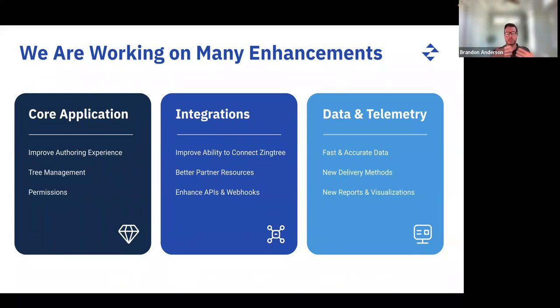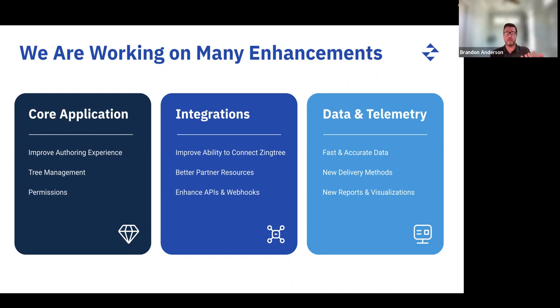So you're going to see us working towards an integration center where we bring together all of the various resources that we have around what integrations are available, what webhooks are out there, and how I can easily integrate those into my system. We want to reduce the amount of time, energy, and knowledge that it takes to get something going, start testing and playing with it, and then get it out to your end consumers. We're also going to be enhancing a bunch of our APIs and webhooks, including the documentation therein.